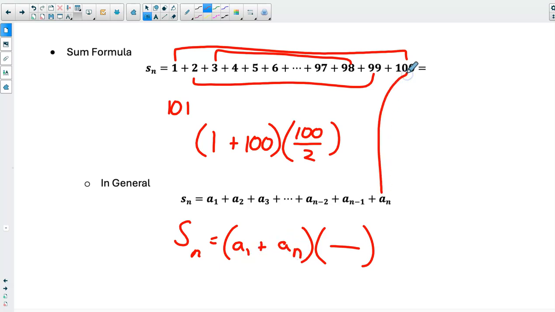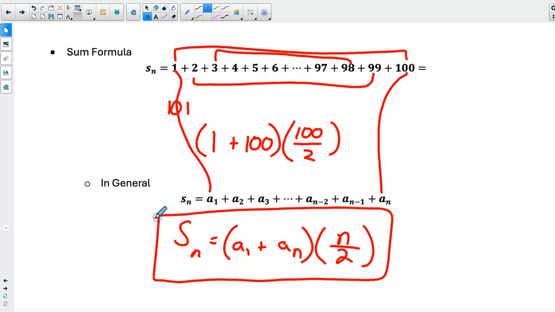Notice how these things match up. And then I take the number of terms, so we use n to describe that, divided by 2. So this is the formula that we are going to use to find the sum of a series. Now,